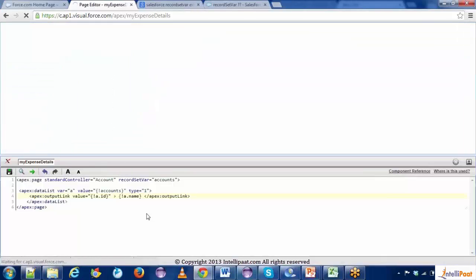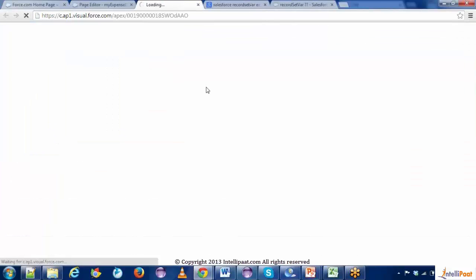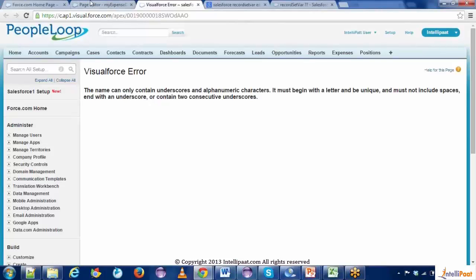So now this particular record is being shown as a hyperlink. So right click it and open it, see how it goes. As of now it will open and say it doesn't find anything. So you need to give it